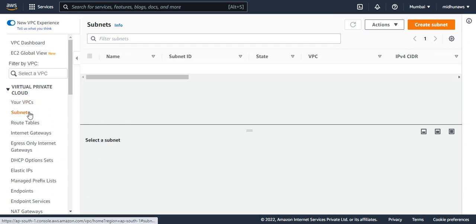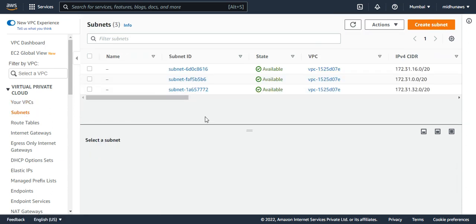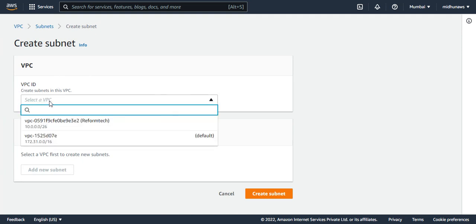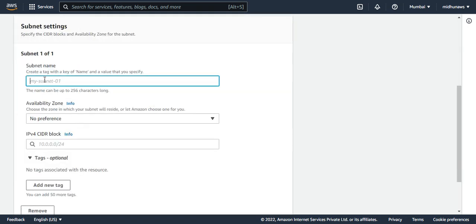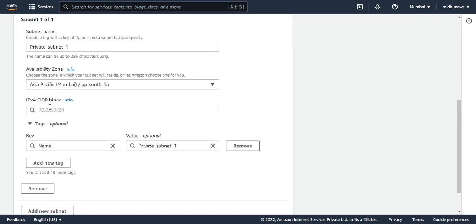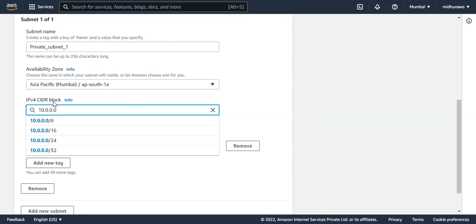Now I'm going to create 4 subnets, 2 private subnets and 2 public subnets in different availability zones. Okay, so let me create the first one. I can create all together, so I'll create all together even now. So first we have to choose the VPC ID. So this is the one which we just created. I'm choosing this, and the subnet name, I will give it as private subnet 1. Availability zone, I'll give it as 1A, and the CIDR block 10.0.0.0/28,